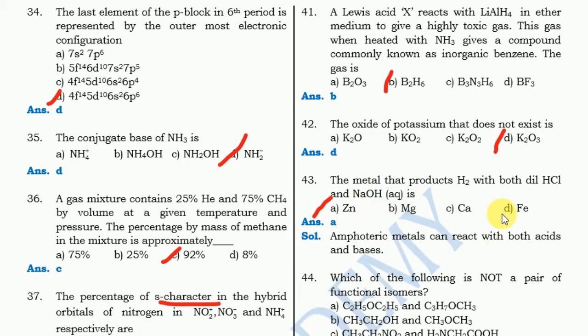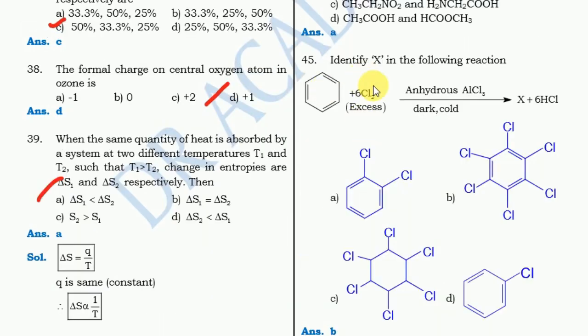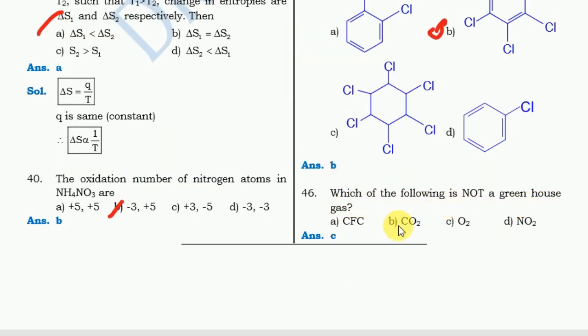Next one: which of the following is not a pair of functional isomers? For this one, option A is the correct answer. Okay, for this question, identify X in the following reactions. The correct answer is option B. Next, which of the following is not a greenhouse gas? Option C, O2. Next question: a metal exists as an oxide with formula...